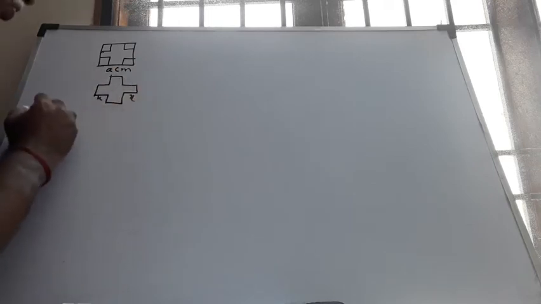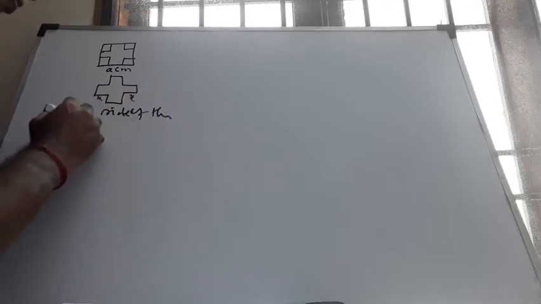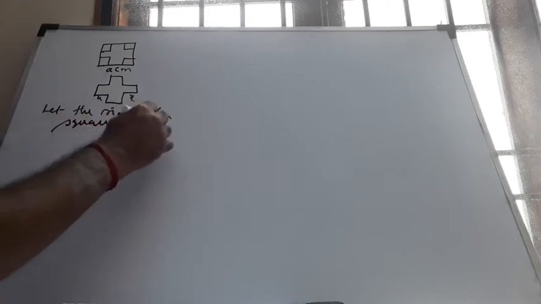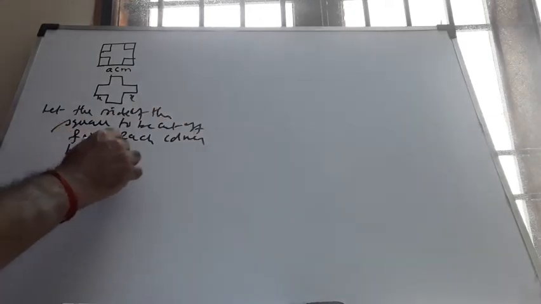Okay, let me remove squares from each corner. I remove squares from each corner, and I'll have a situation like this. If I fold each of the portions over here further, I'll get an open box. Now I assume the side of the square to be cut off from each corner be, let us say, x centimeters. If it is given in centimeters, write centimeter here. If it is given in units, I'll write this also as units.